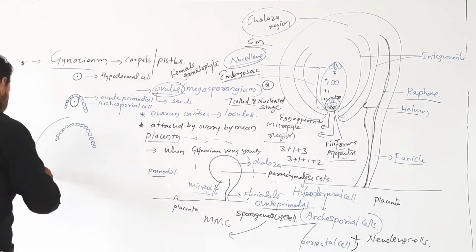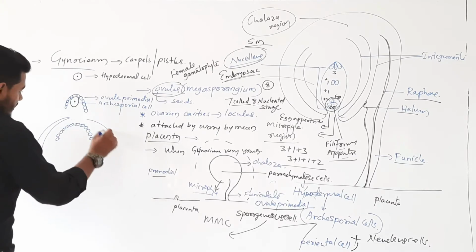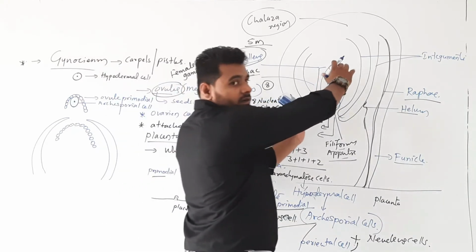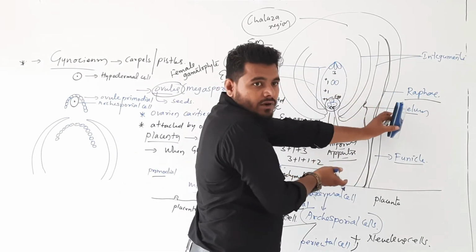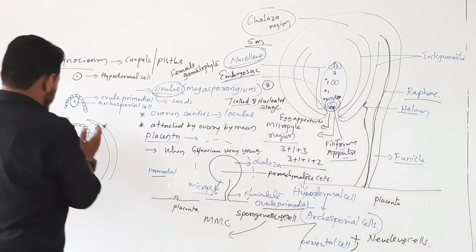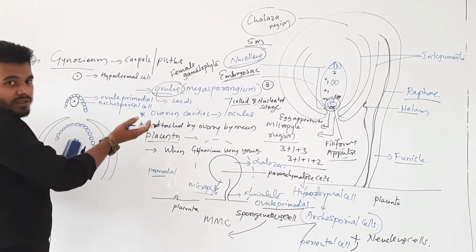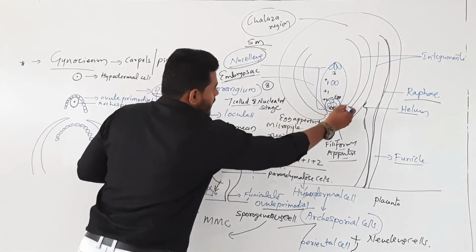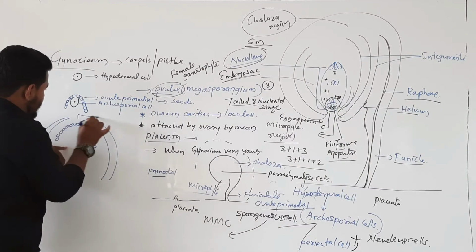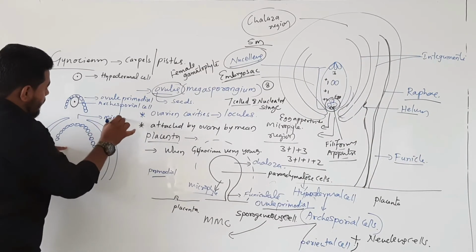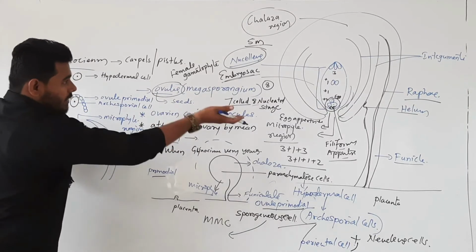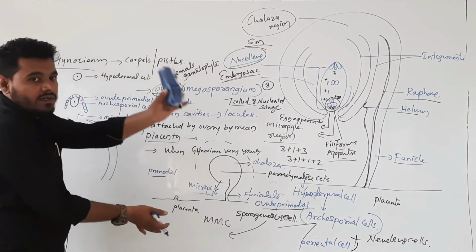These ovule primordial cells grow further. From the sides there is a formation of integuments. If you tilt this diagram inwardly, they develop from here. I am showing it from the opposite side. So these are the ovules, and this is the micropyle region. Now you understand? It is the opposite direction, I have just tilted it 90 degrees.